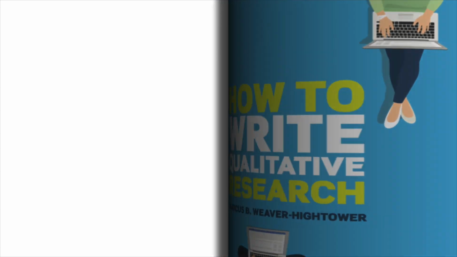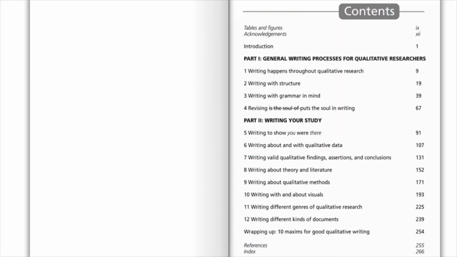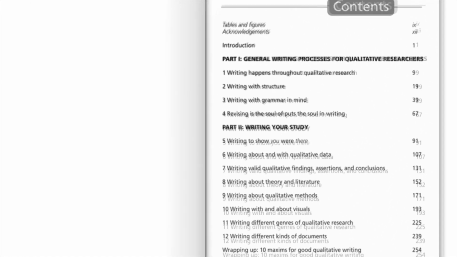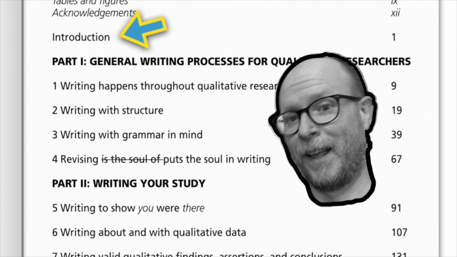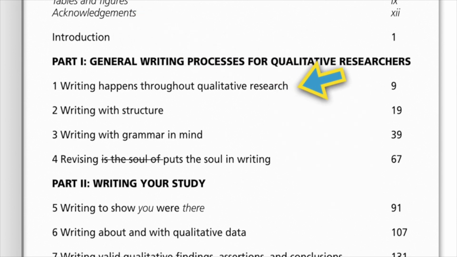So what's in it? How to Write Qualitative Research contains an introduction and 12 chapters. The introduction talks more about what the book does and doesn't cover. It tells a bit about who I am and my philosophy of writing. Chapter 1 talks about the central place that writing has in qualitative research and all the stages of a project